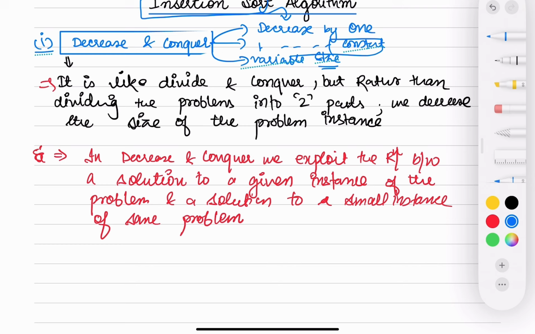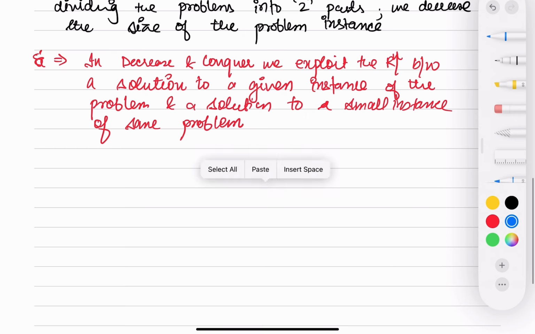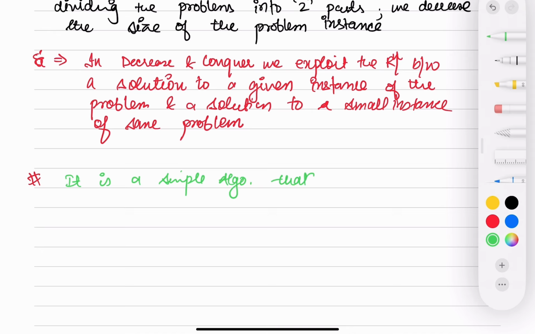insertion sort is an example of decrease and conquer. Means we are going to decrease the problem and then we're going to conquer, going to fight with the problem, right? All right. Now what happens actually in insertion sort? Now you can write that insertion sort is a simple algorithm that works by iteratively